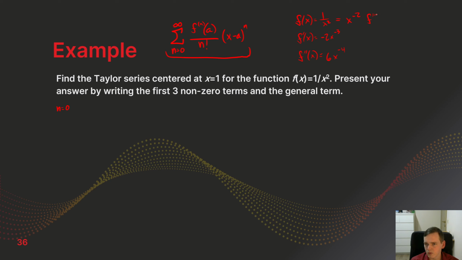F triple prime, I don't know if I'll need this, but I'm just going to write it so I have it. It's going to be negative 24x to the negative 5th. So we've got those written down. N equals 0